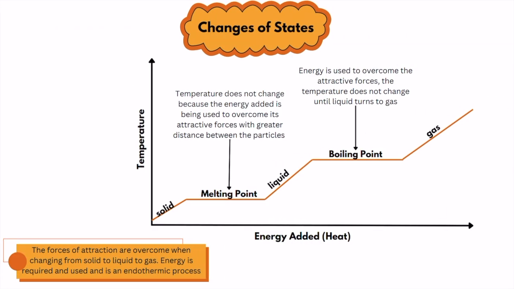So here we have a graph of temperature against the energy added. So here's an interesting thing to note. Why is it so that the temperature is the same here and here? That is because when heat is added to a solid, it's melting. However, when it reaches its melting point at this temperature,